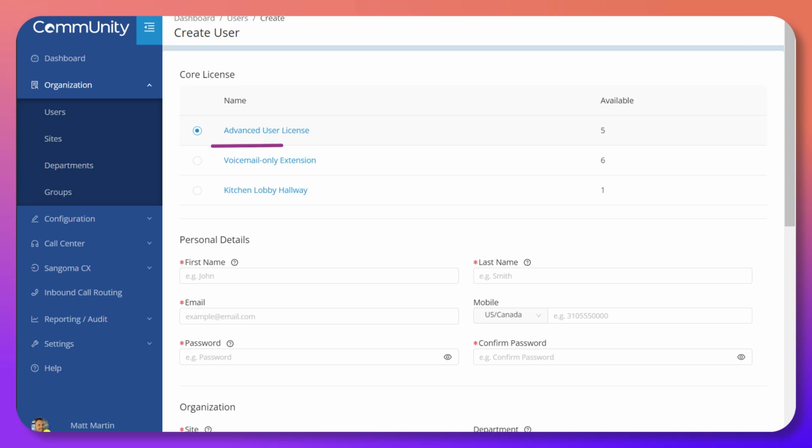The Advanced User License is the default for all new users and provides all system features including connectivity and applications. Voicemail-only extensions don't provide any of the user features or devices for connectivity and can be used only as a voicemail box with a routable extension. Kitchen Lobby Hallway does provide connectivity with the device extension and DID and is intended to be used in shared